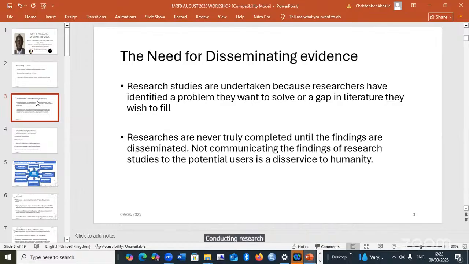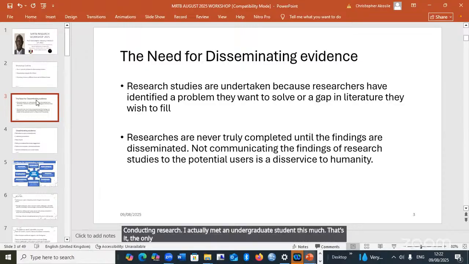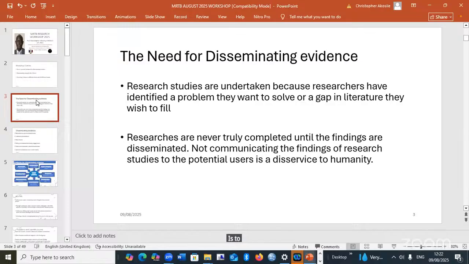I would tell undergraduate students this much, that if the only reason why you do your research is to fulfill the requirement for the award of the BPT degree, or the Bachelor in Speech Therapy degree, or Bachelor in Occupational Therapy degree, you have not done anything.